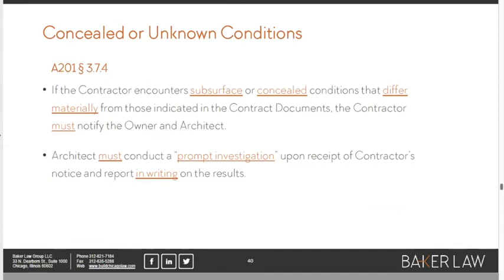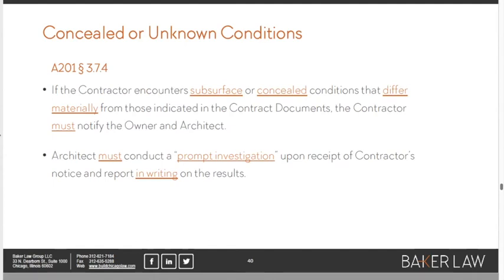Let's move on to the next specific requirement. It is the right and the obligation at certain times for the architect to protect the owner. All right. And this is another instance where the A201 is the project manager's desk reference for those projects where it applies. The architect absolutely has got obligations if the contractor starts to make noise about finding concealed or unknown